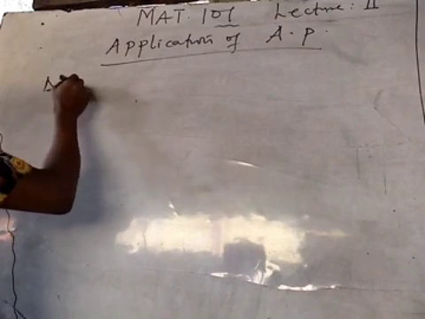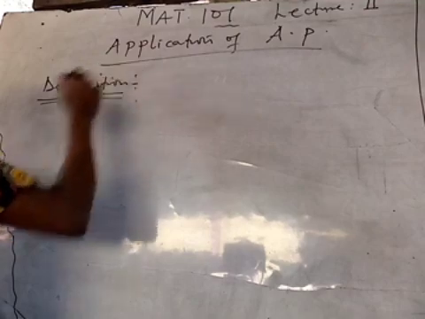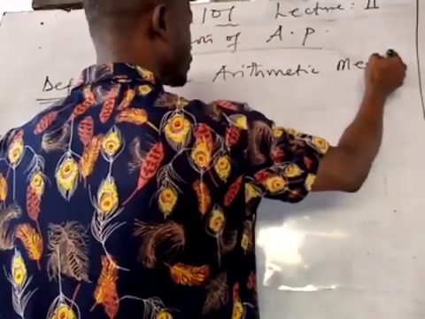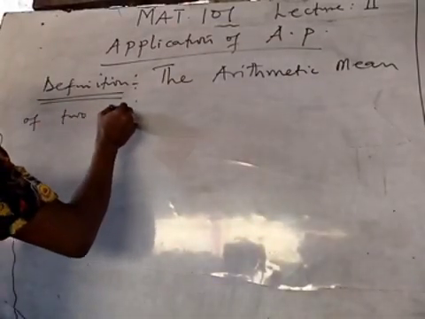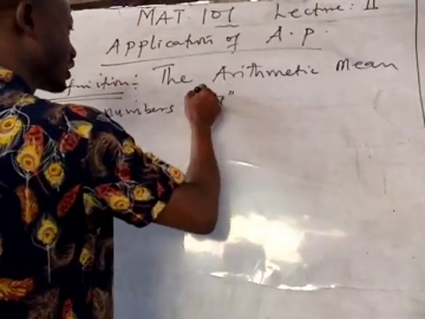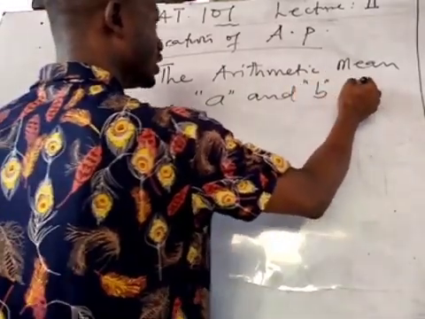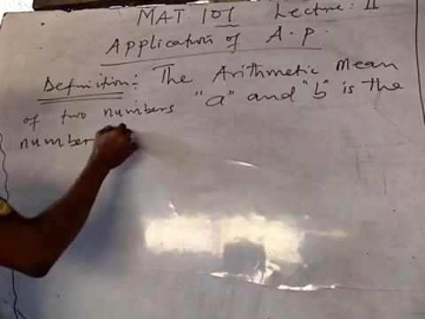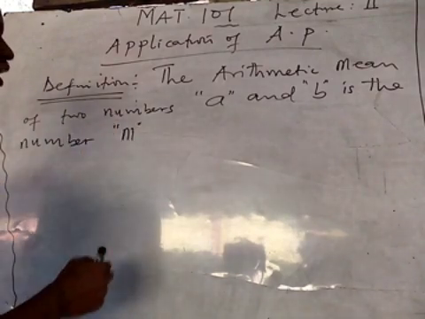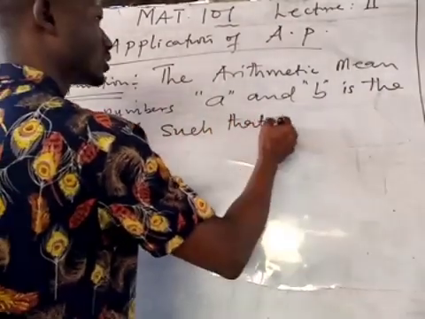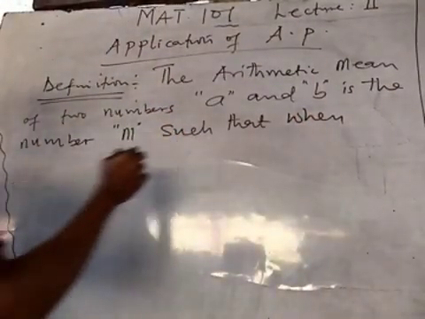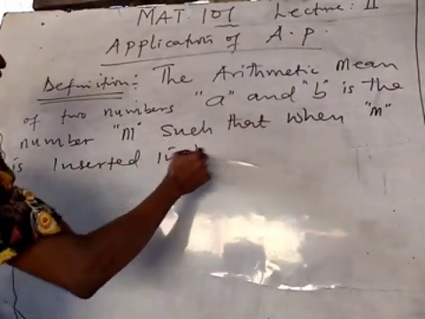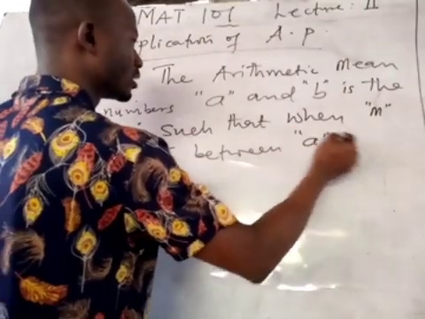Definition. Take note, please. The arithmetic mean of two numbers, let's say A and B, is defined as the number, let me use M for arithmetic mean, the number M such that when M is inserted in between A and B,